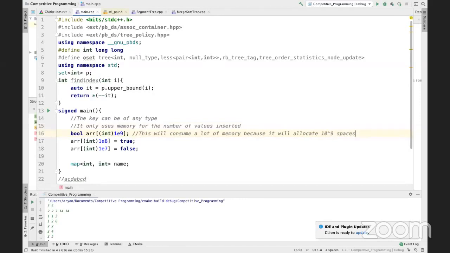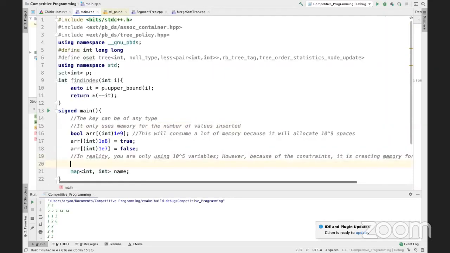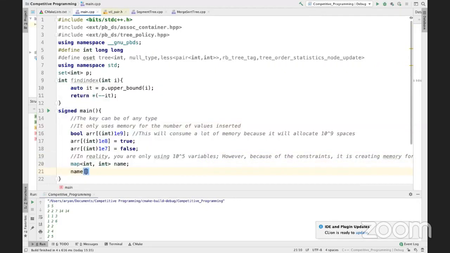Okay, now let's say you had a problem where you only had 10 to the power 5 queries. Okay, so in reality you are only using 10 to the power 5 variables. However, because of the constraints, it is creating memory for 10 to the power 9 variables. Now, if instead of the array you used a map, okay, you could do name[10^9] = true,